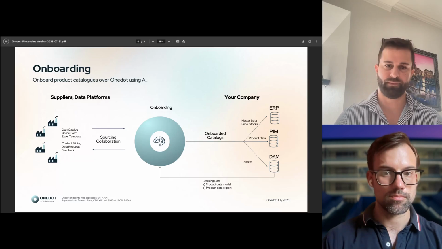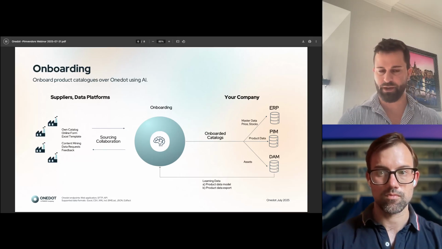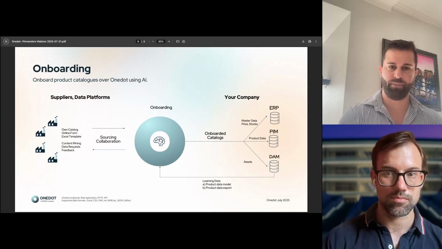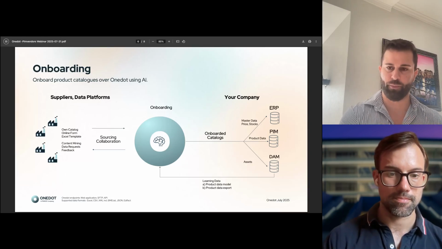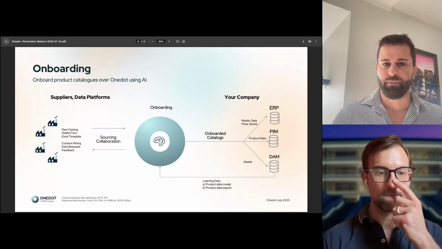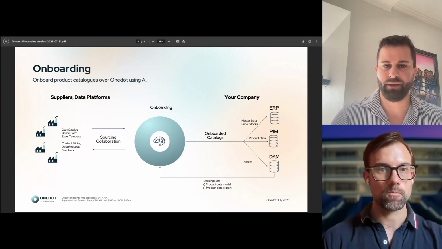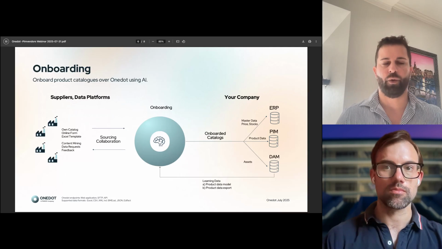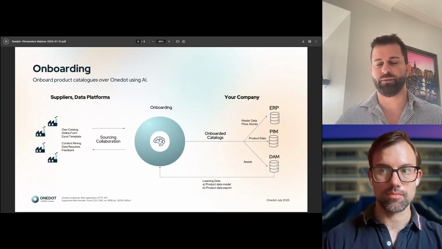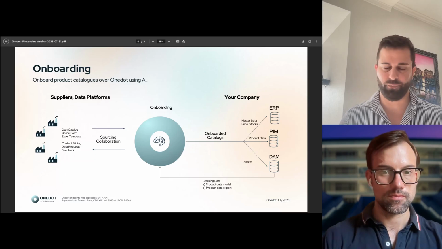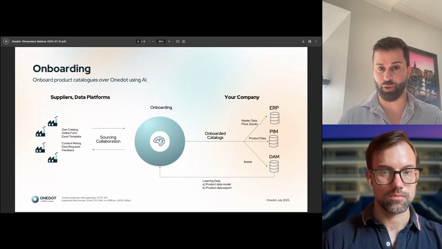On the left, the more crucial and more challenging aspect is the supplier data, right? First of all, the catalog can be uploaded in different formats from the supplier or from the retailer, or the data can be validated in the One.dot platform by the supplier or the retailer, or, as I mentioned before, the data can be scraped or sourced over the platform. That would then be the part of the One.dot.